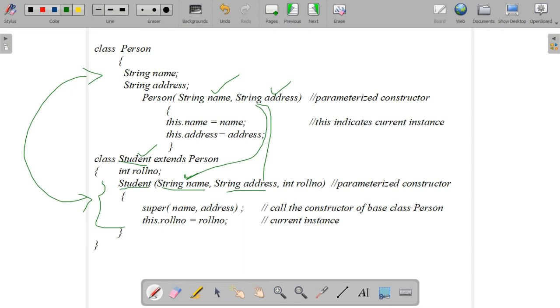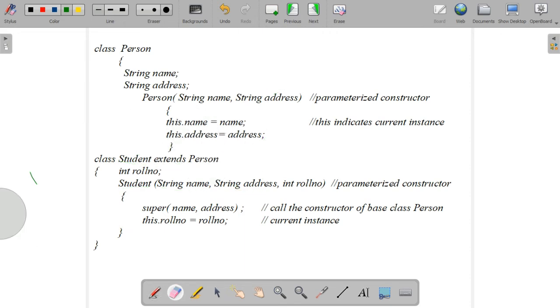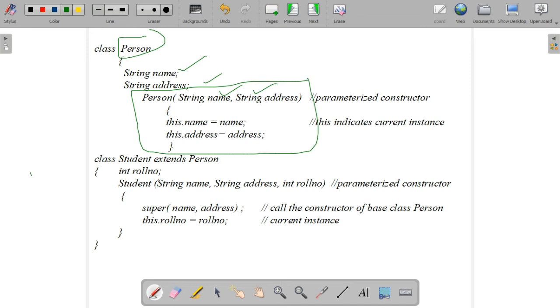So string name and string address belong to which class? Both belong to the super class constructor, is it? That we have to specify inside the subclass. Please listen carefully. In the subclass, the person superclass has two parameters, which we have passed as a parameterized constructor.